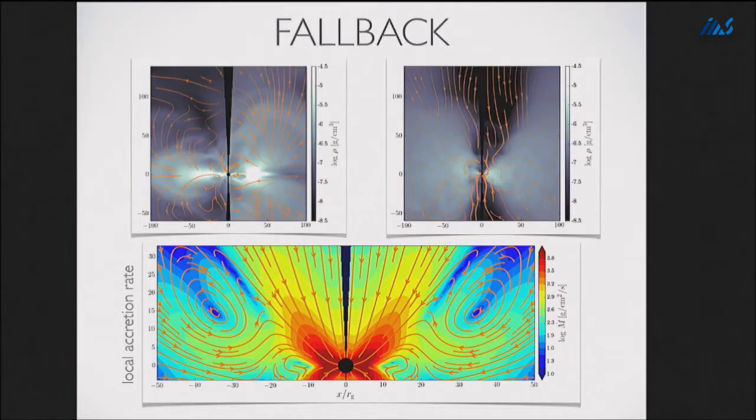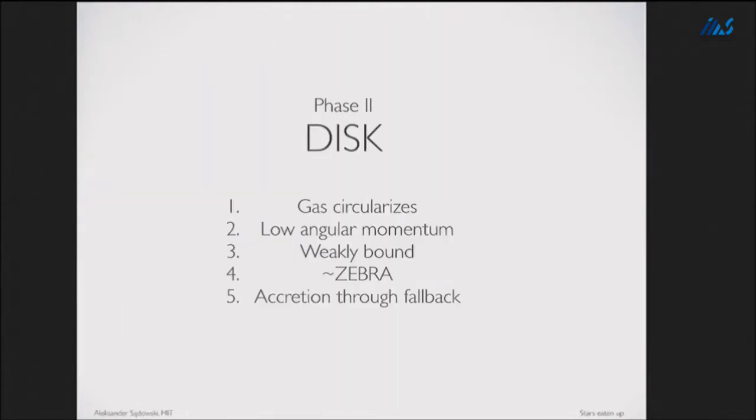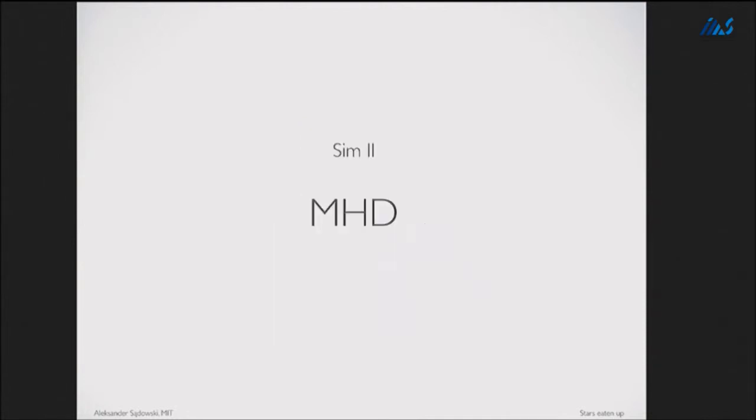Where does it come from? It comes from the fallback. So you remember at the initial self-crossing stage, we had plenty of outflow coming from the system. At the late stage, we have plenty of inflow coming roughly along the vertical direction. And the turbulence that we see inside the disk, the hydrodynamical turbulence, is not efficient. It is not producing significant accretion near the equatorial plane. So the summary of phase 2: we have circularization, we have ZEBRA, but the accretion comes through the fallback,